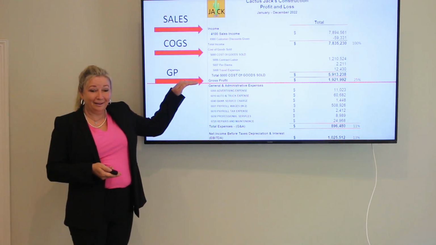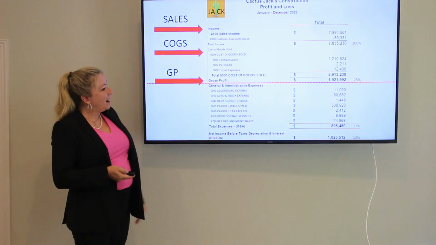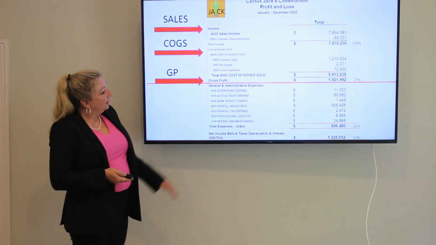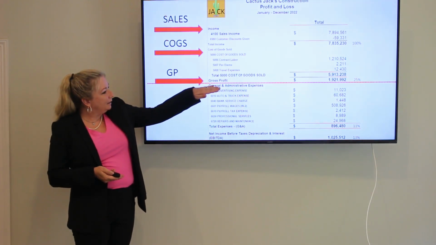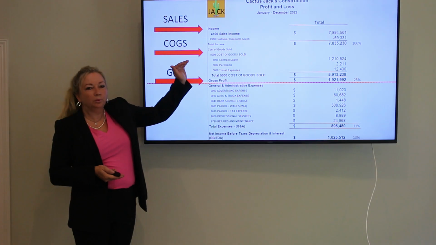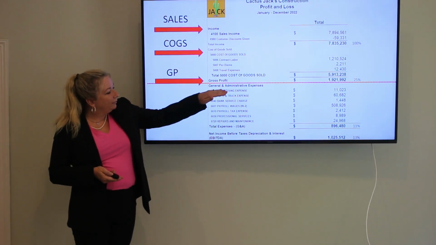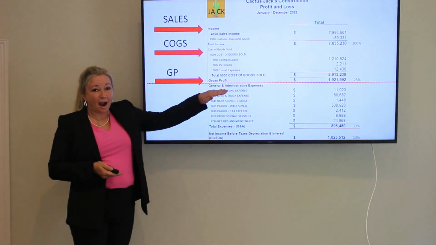Is that good? Quite possibly it's good. If he's at 25%, which is 1.921 divided by 7.8, 25% left over after the cost